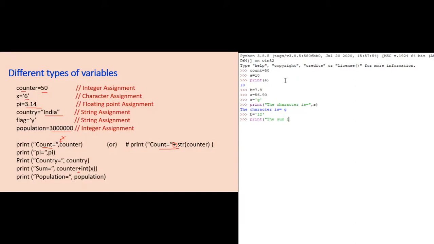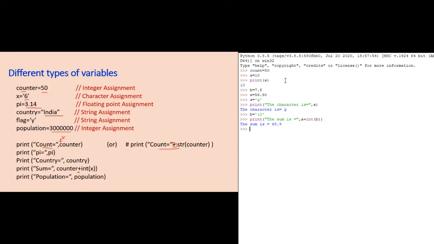The sum is equal to comma a simple expression here. So just A is already an integer. So A plus int of B. Now the result is 68.9 because A already has the value 56.9 and B will have the value 12.